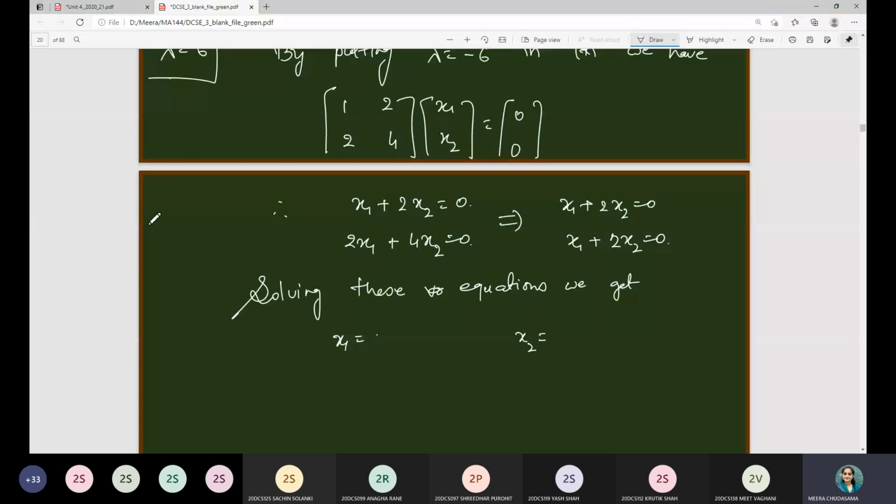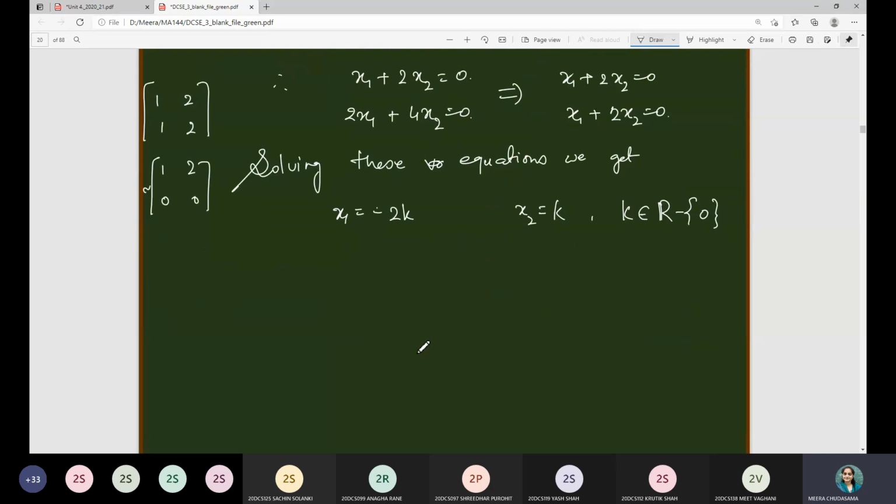So this is actually, you have to write its augmented matrix and then you can convert it into the row echelon form. So in that case you have to choose x2 as k. Of course I will choose it as k in R minus 0. So in that case minus 2k will be x1, and therefore capital X will be (x1, x2), which is k times (minus 2, 1)